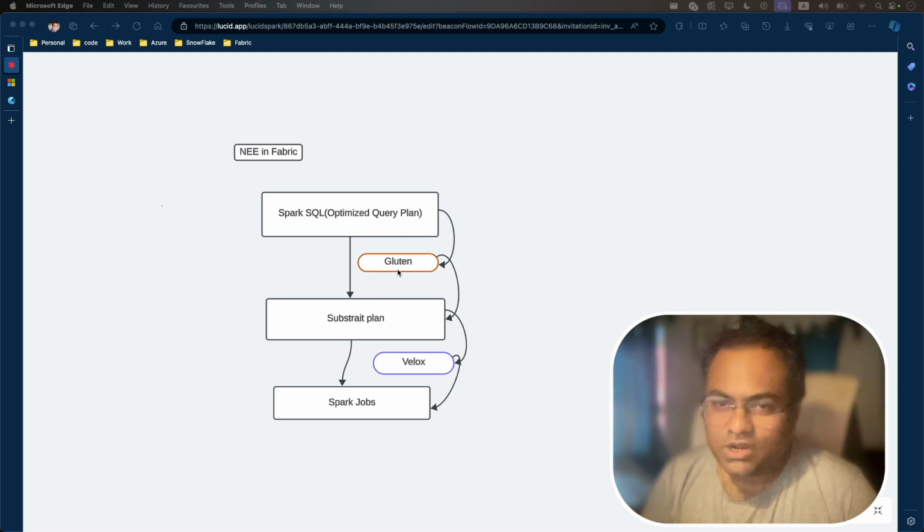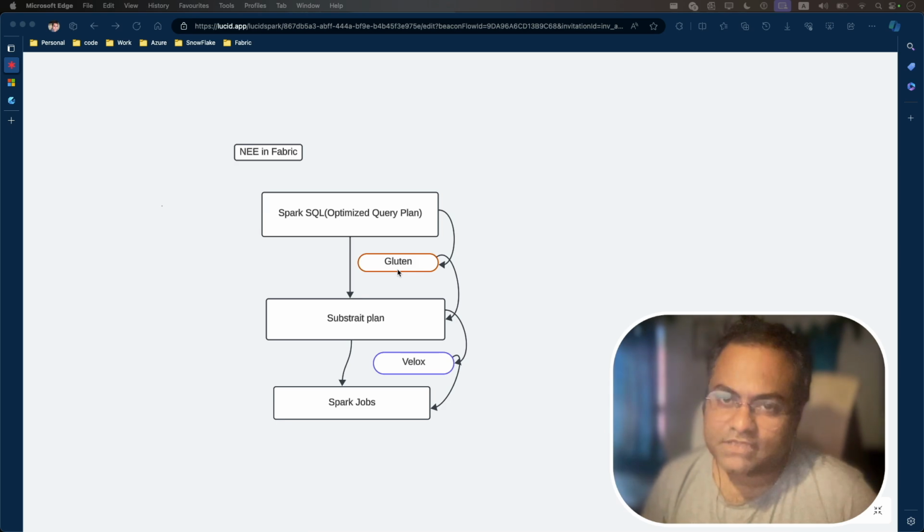Once it's converted into that JSON plan, the Velox engine takes that particular plan and does all the computation, joins, aggregation, and gives you the result, and which actually gives you this performance boost. Whatever architecture I showed, there can be some other kinds of architectures, and this is being done